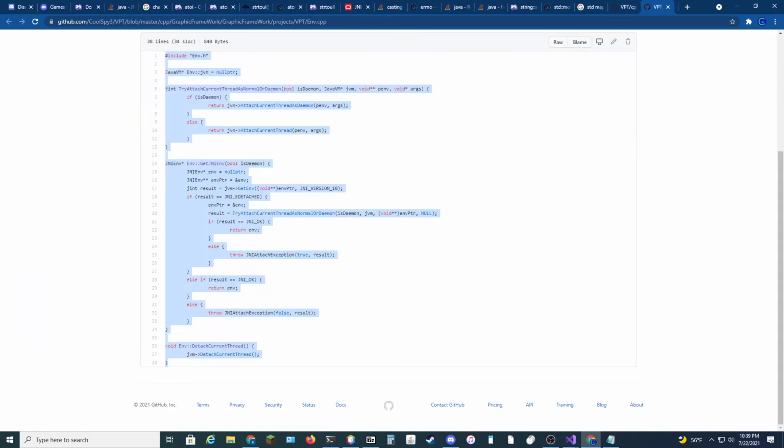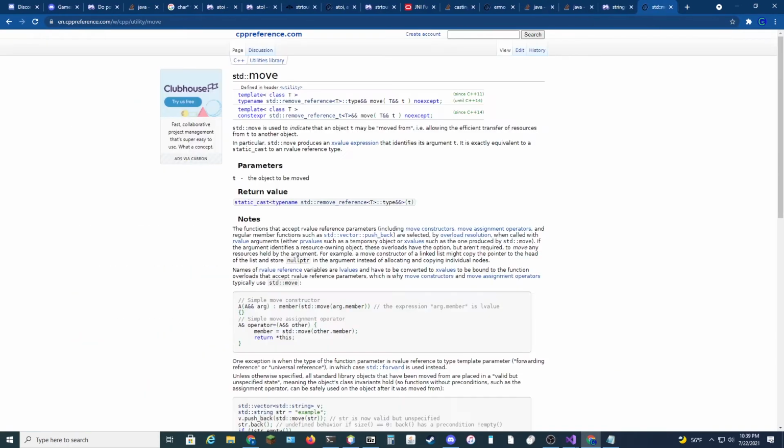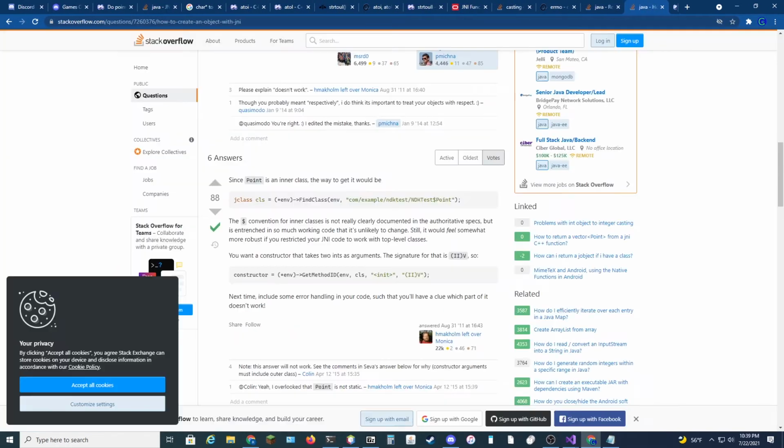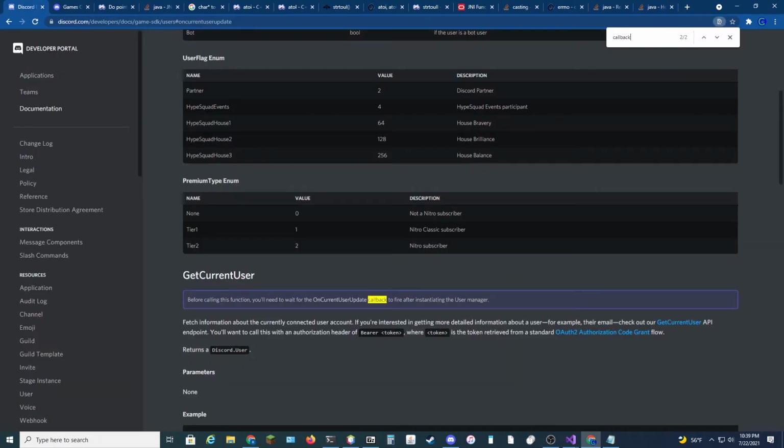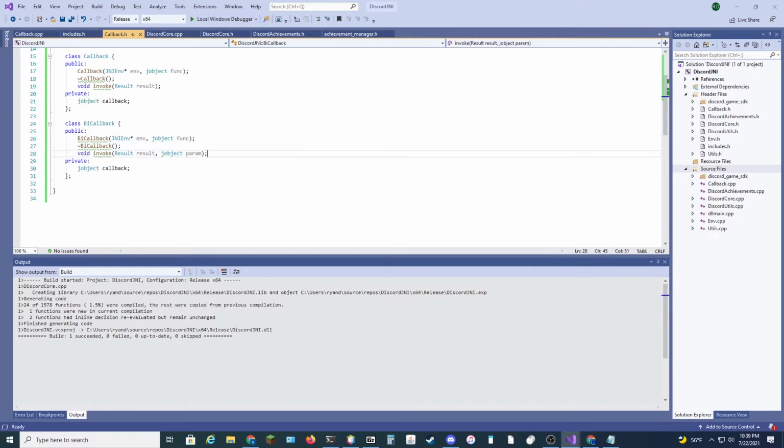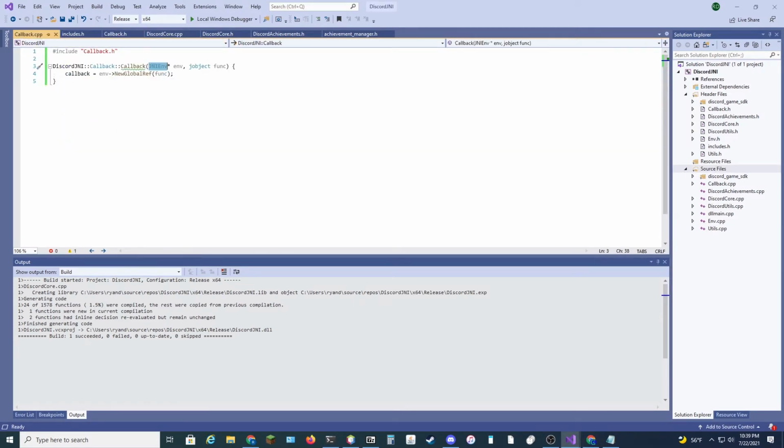We do not need any of this, I don't think. We'll just leave it there. So continuing, I'm going to create a new global ref func, and then we're going to say callback tilde callback. So the destructor for this is going to say